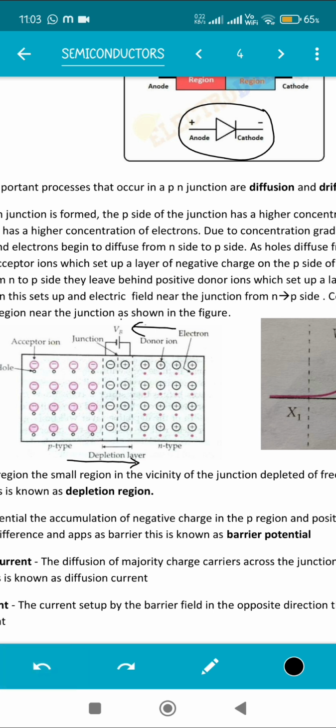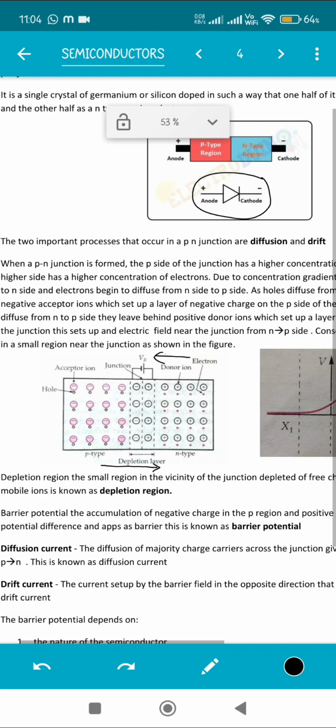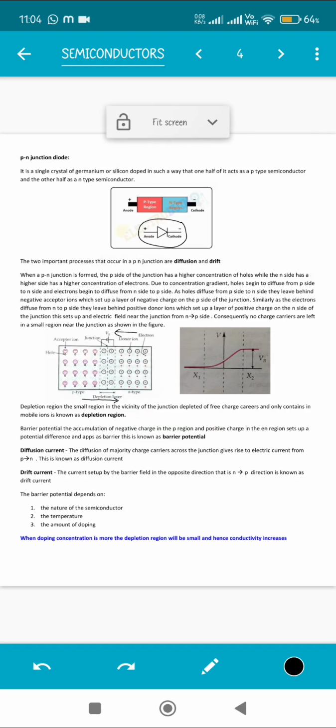So see over here, a battery is being shown. This battery does not exist in real life. This is just a fictitious case. That means an electric field is set up. Okay, now in this particular thin region, if you observe, there are no charge carriers, there are no holes, there are no electrons. So this region is completely rid of any sort of charge carriers.